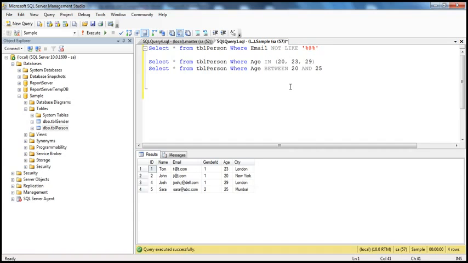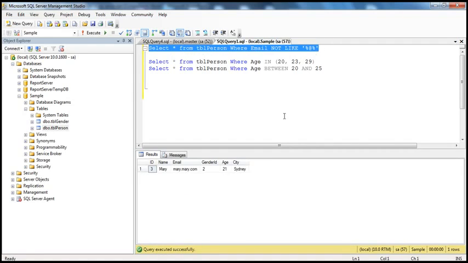You can use the not operator. Give me all the rows which are not like this pattern. So when I press F5, we see that Mary didn't provide her valid email address. She is missing the @ symbol. We know that every valid email should have that @ symbol. So basically, you can use the like operator